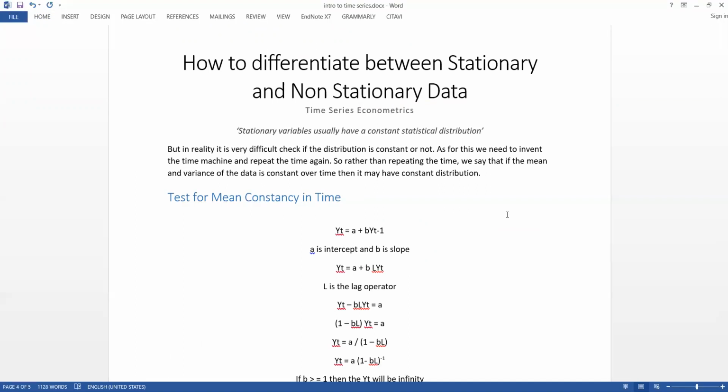If we have stationary variables, the approach is different. We use different models, and if they are non-stationary, we go towards different models. So this was the discussion for this session. Hopefully you understood the concept of unit root tests.